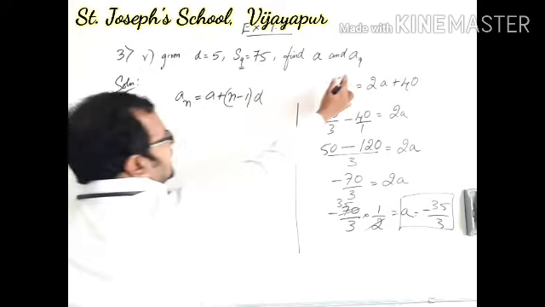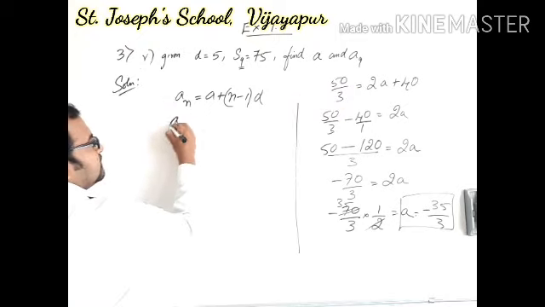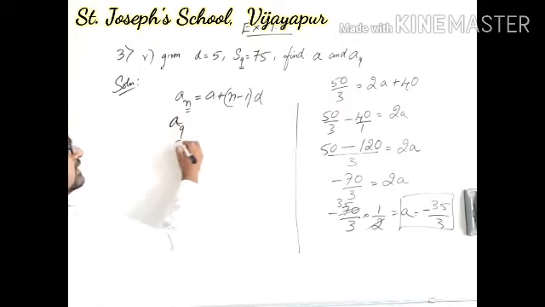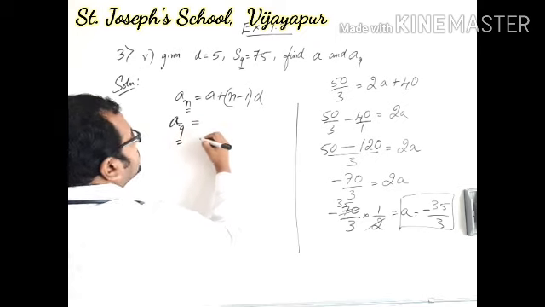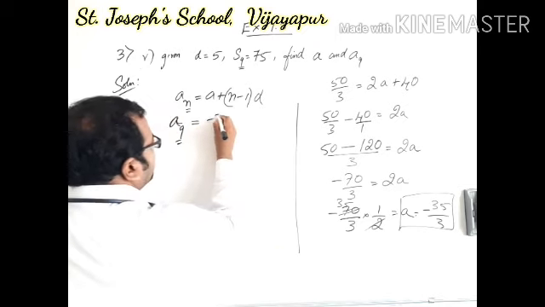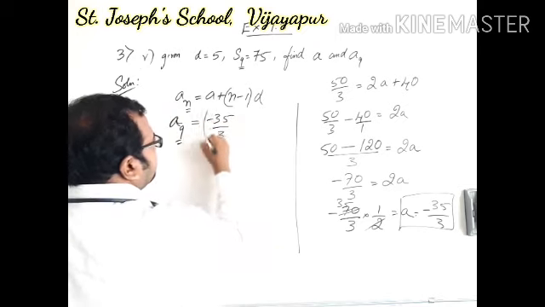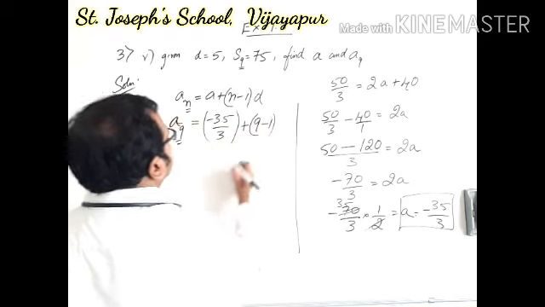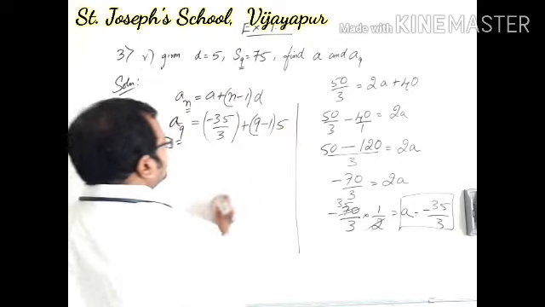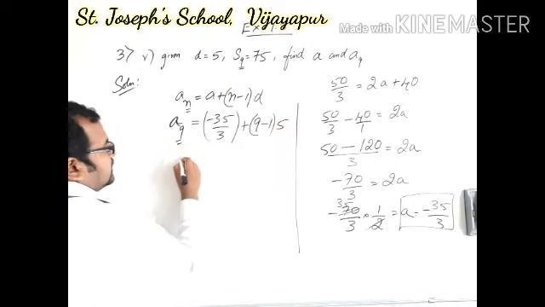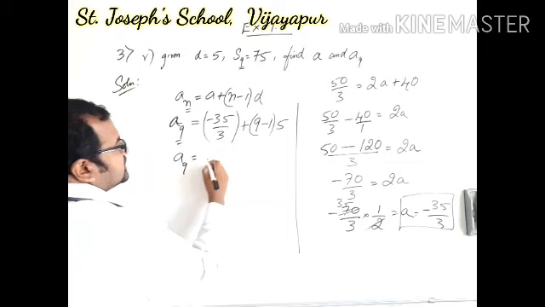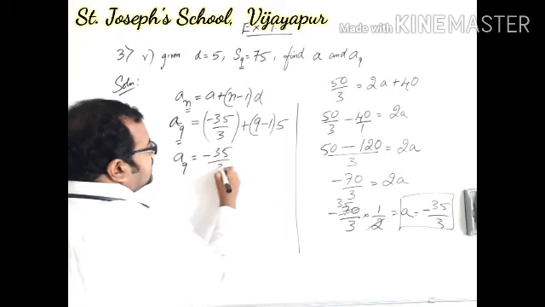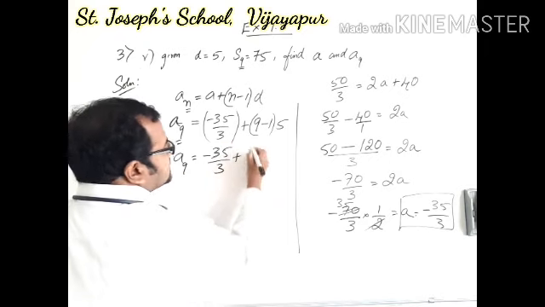An being a9, n is replaced with 9, which is equal to a, minus 35 by 3, plus 9 minus 1 into d, which is 5. So a9 is equal to minus 35 by 3 plus 9 minus 1,